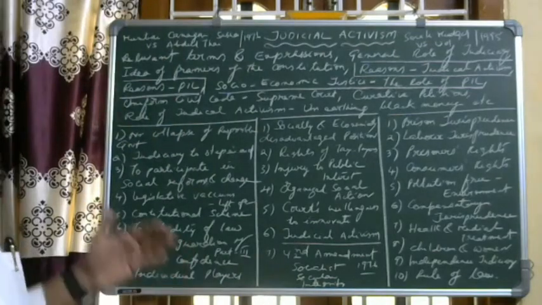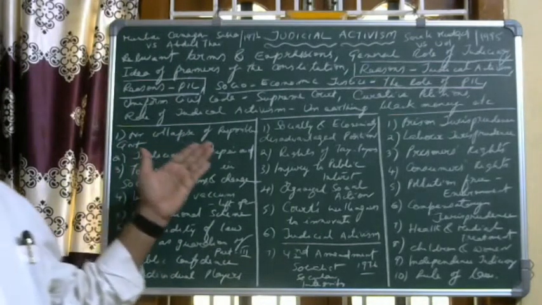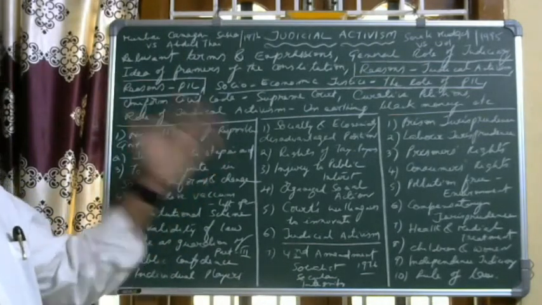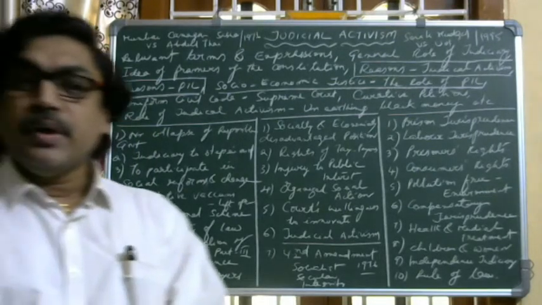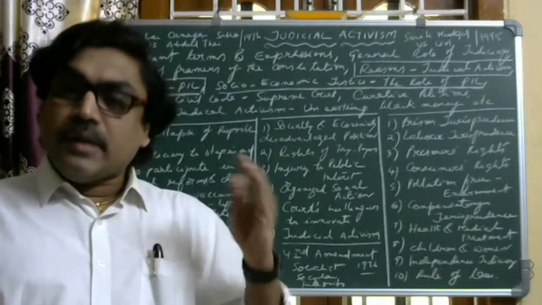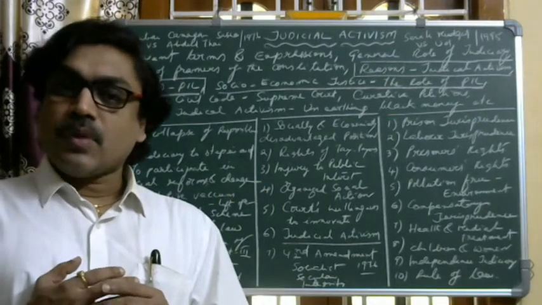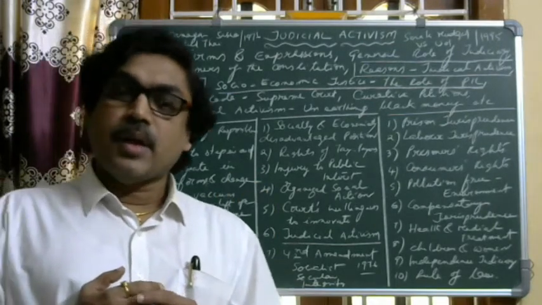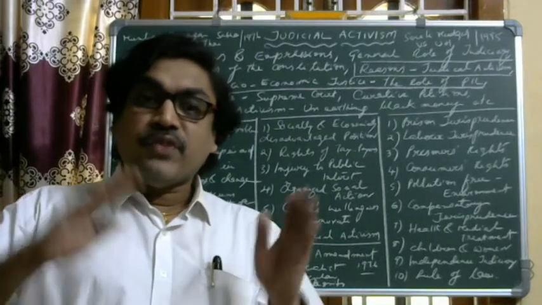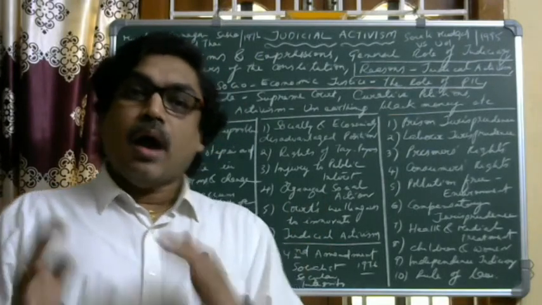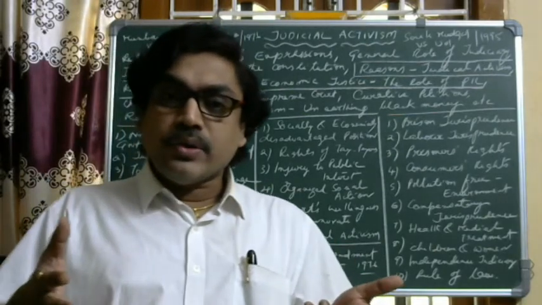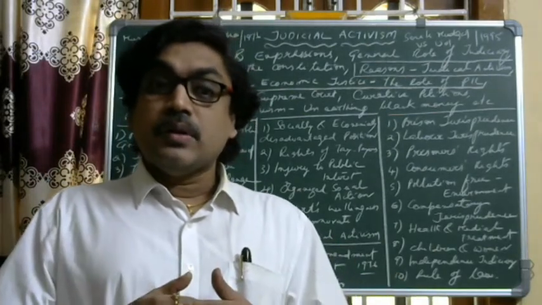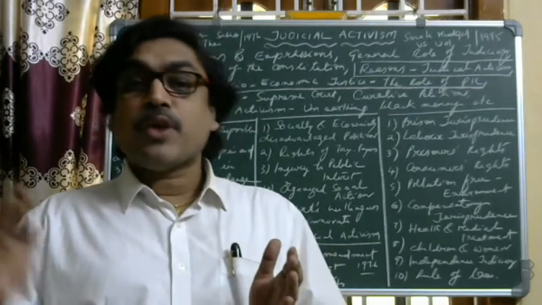First one, near collapse of responsible government. At the time of a confidence motion or no confidence motion, if the action of the speaker or of a few members of the legislature causes collapse of responsible government,